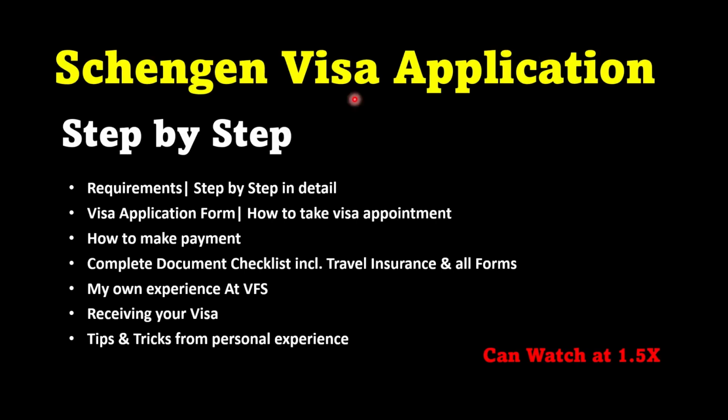Hi everyone. Today I am going to cover the detailed process to apply for a Schengen visa. I applied for this visa for myself, and I thought I'll create a step-by-step guide because this is one of those complex visas that requires a lot of documentation. I'll be sharing my personal experience with you, some tips and tricks that I learned, and we're going to cover